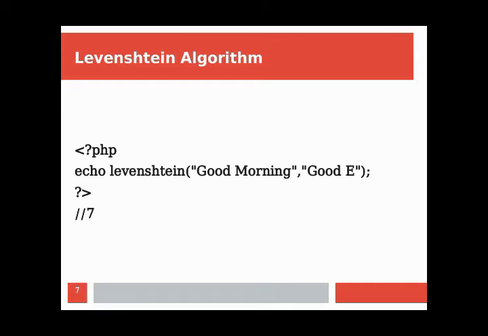Here the matching will be considered. See, the first word from the first string, that is good, and again the first word from the second string, good. It is a match, but how many characters do not match? Here from the second string, good E, and in the first string how many characters do not match? So here from the first string, that is string 1, MORNING. So here the 7 characters do not match, hence the output will be 7.